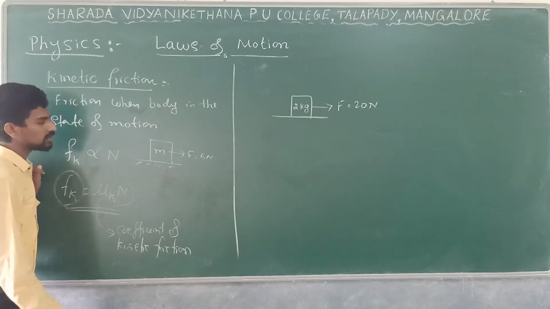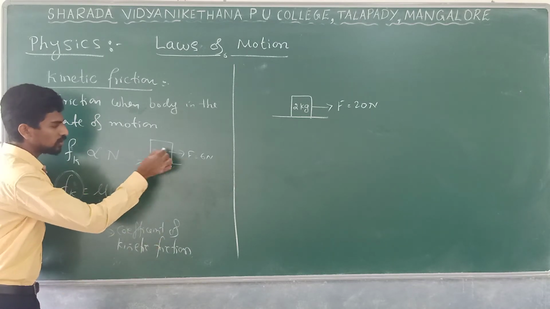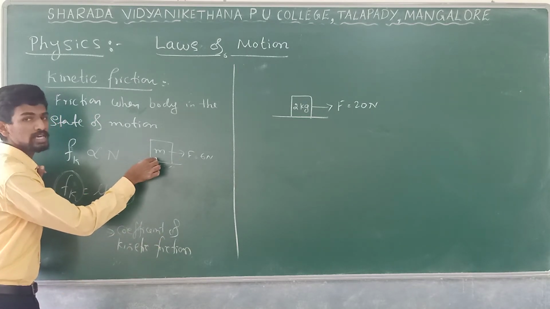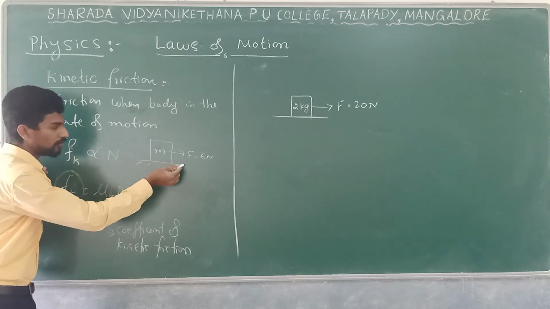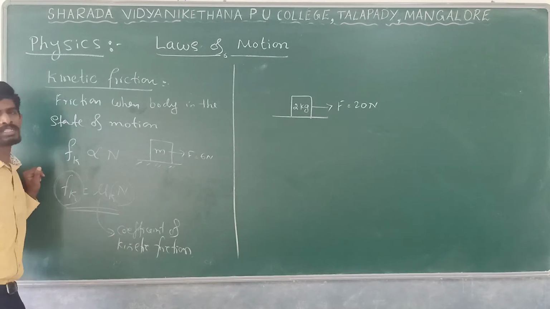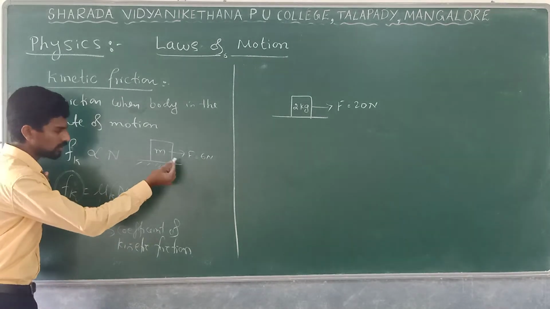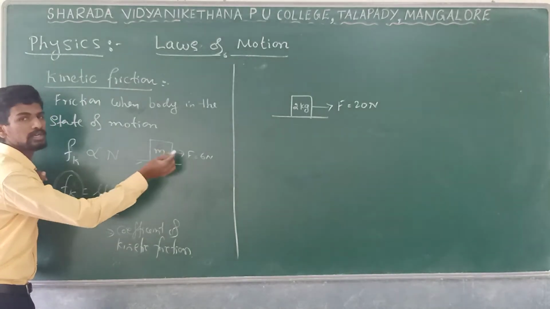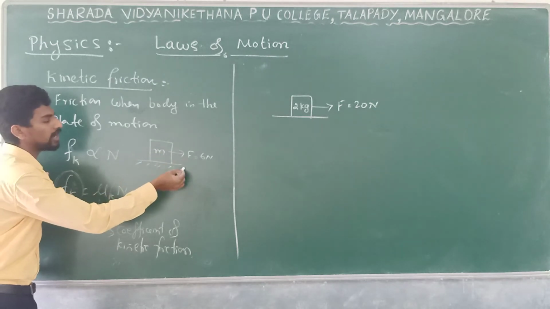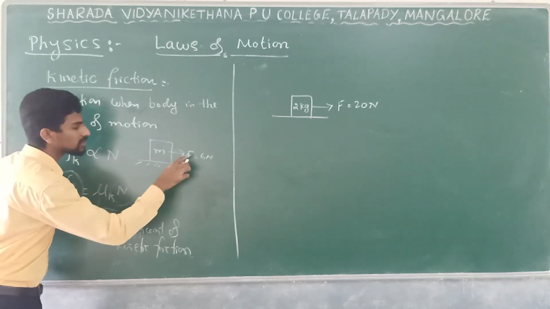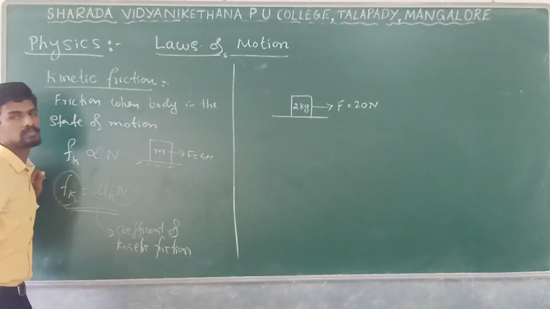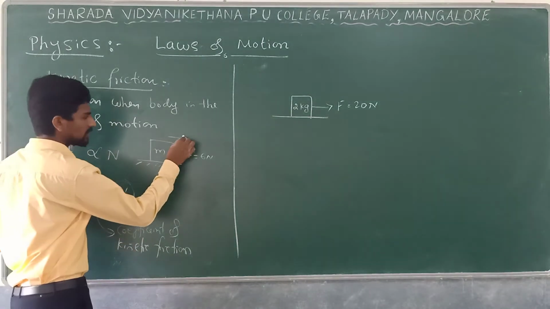So when the force is equal to 0, the body is in the state of rest. Which friction will be there? Static friction. So F is equal to 0, static friction is 0. F is equal to 1 Newton, static friction is 1 Newton. 2 is also 2. This is 5, this is 5. This is 6, it is also 6. After that it starts to move. So it is moving in this direction.